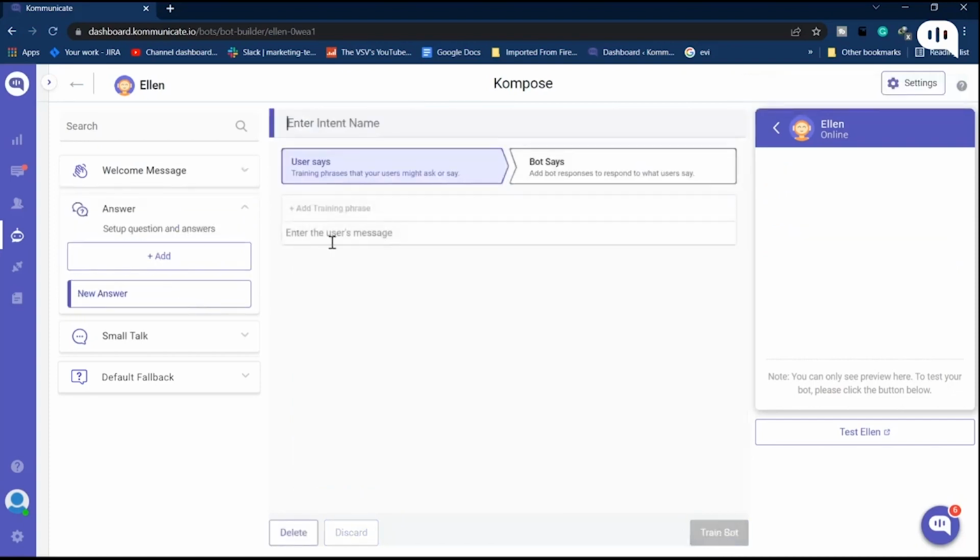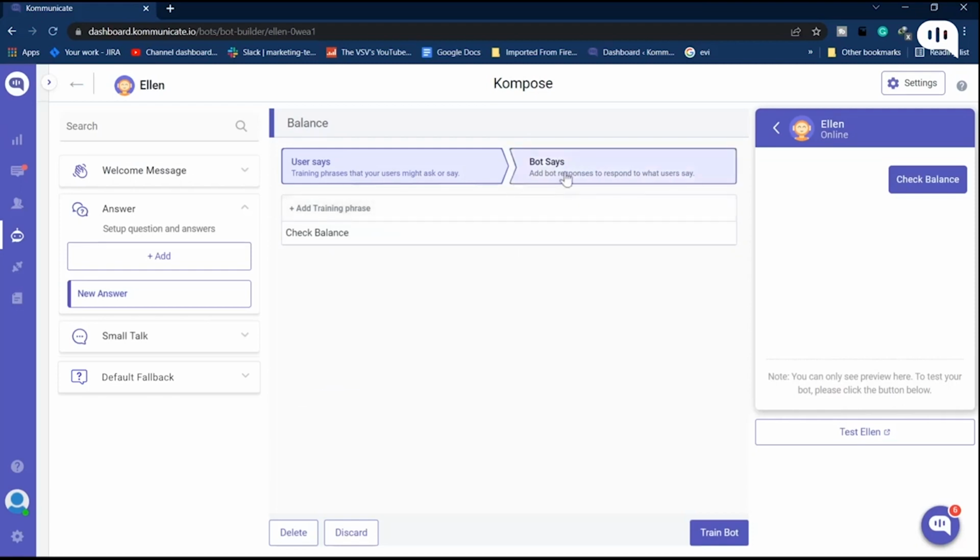Here you can create intents for your most asked queries and all those what you expect from your customers. So to create an intent, first give your intent any name. Now under the User Says section, enter all the phrases for which you want this intent to be triggered. You can enter more than one phrase. Then go to the Bot Says section to enter the answers or messages for this intent.